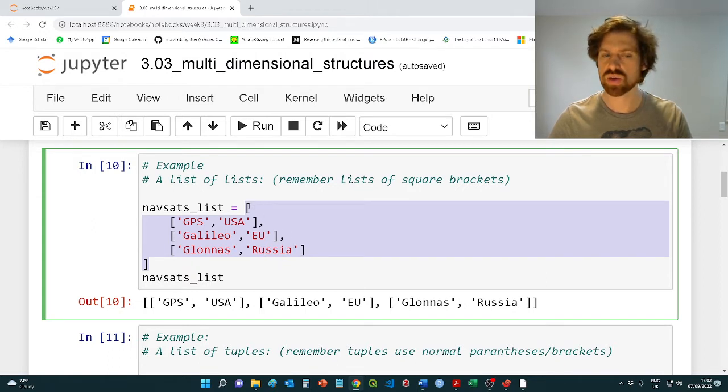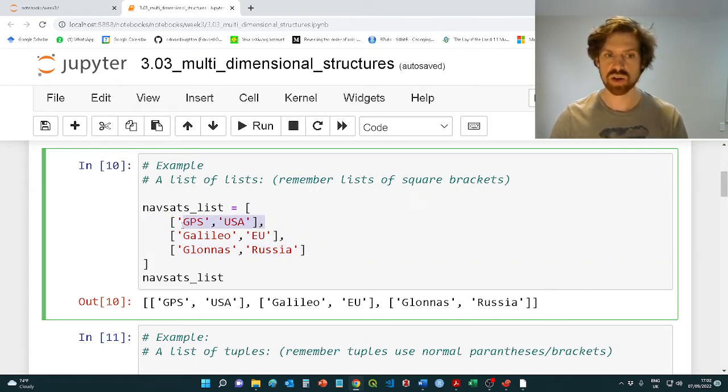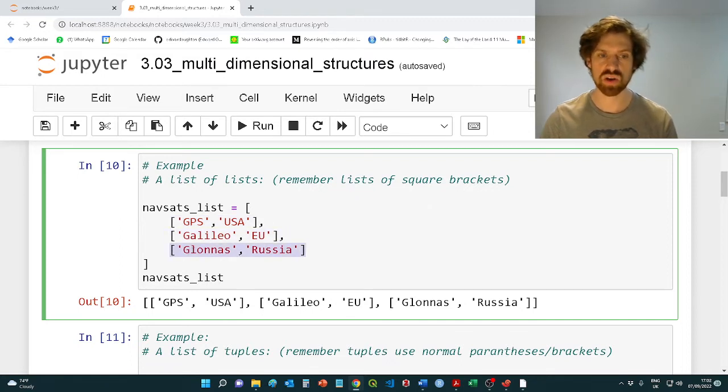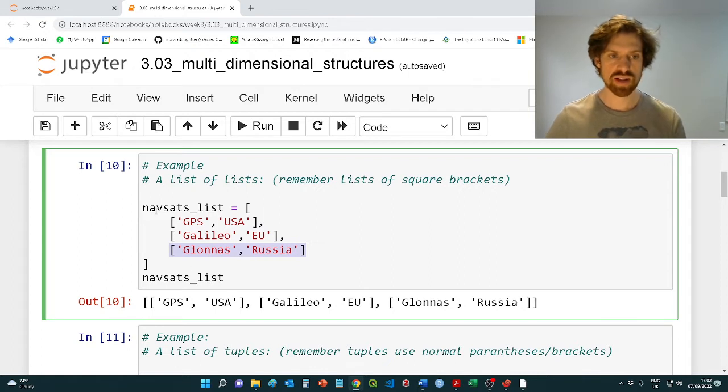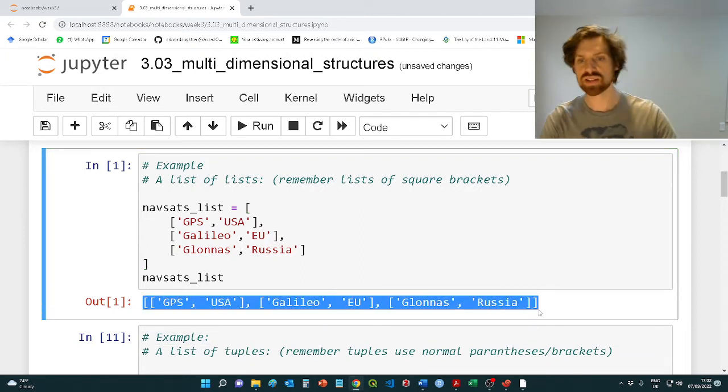of them. And the way you could think about this is exactly as the smaller lists work. If we index at location 0, we're going to get this first list. If we index into this navsats list at location 1, we'll get the second list. At location 2, we're going to get this third list. So we're able to create this navsats list equals, then we have this meta list, and then each of the individual lists just separated by a comma, and then we close it with this single bracket. Okay, so I'm going to press Control Enter, and it prints out that list of lists that we have here